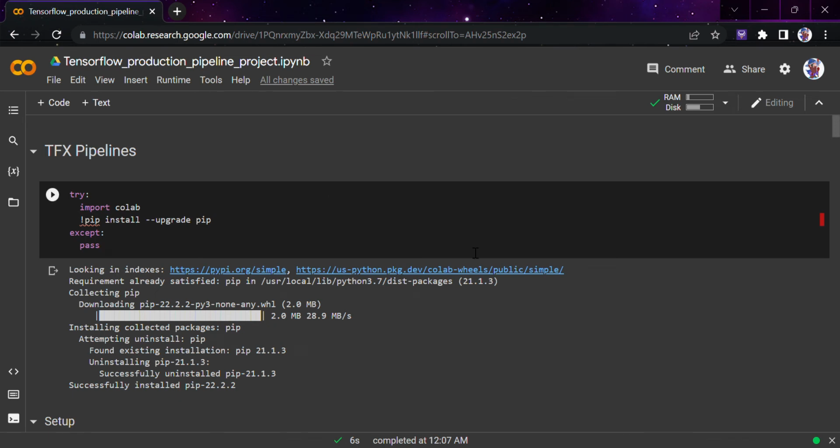So hi everyone. So today we would be doing another project on TensorFlow production pipeline. So in this project there would be two parts. In the first part today we would be discussing the whole pipeline of the whole project, and the next part we would be discussing about the ML metadata, that how ML metadata is actually useful when it comes to production